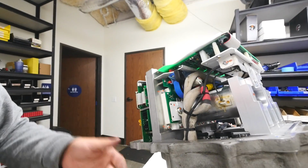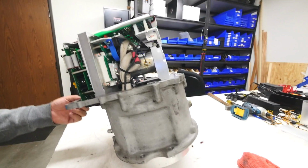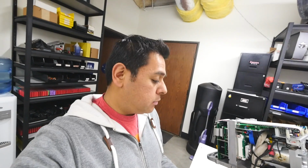But it's pretty simple, and it's a liquid-cooled controller. What I want to figure out how to do is, first, make an adapter plate, or get this one running, right? Get it running, get the extra computer that we need, get all the wiring that we need to get this running. Then make an adapter plate, so we can strap this into a BW transmission, and then see if it's